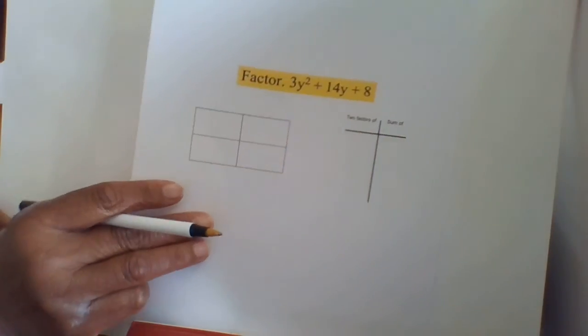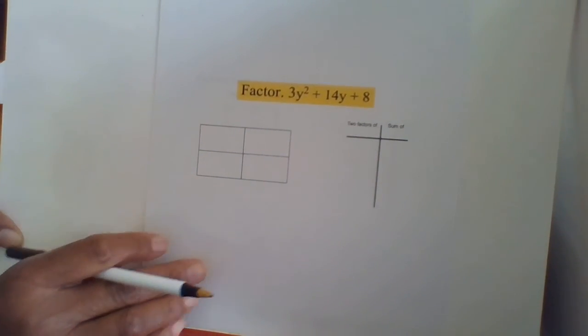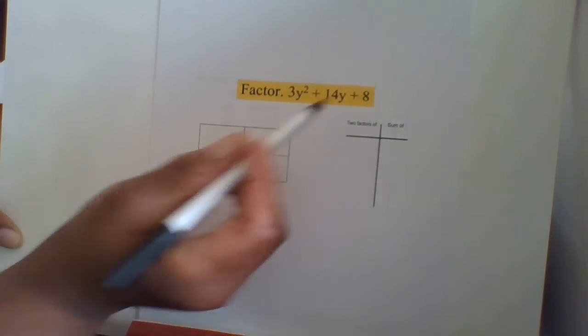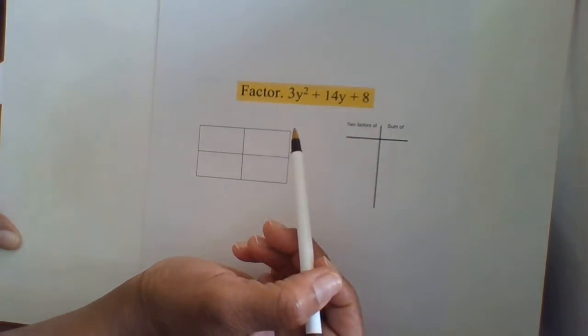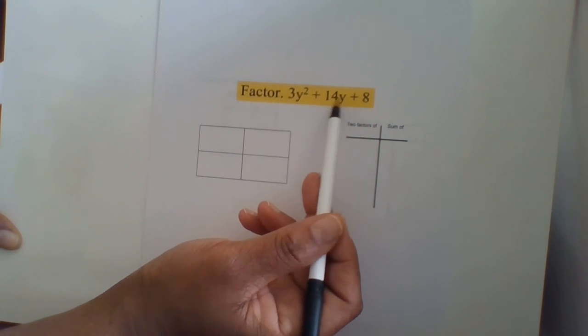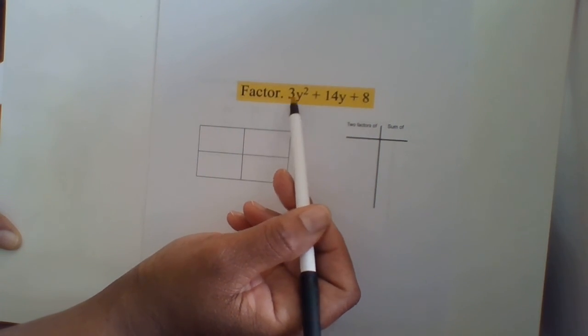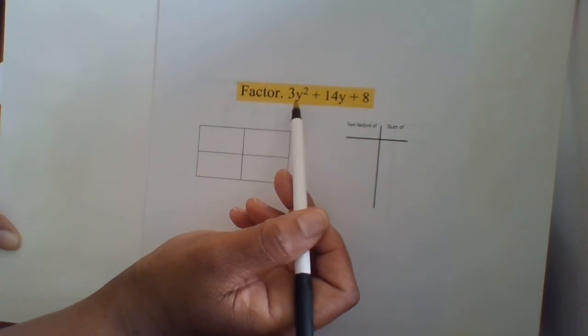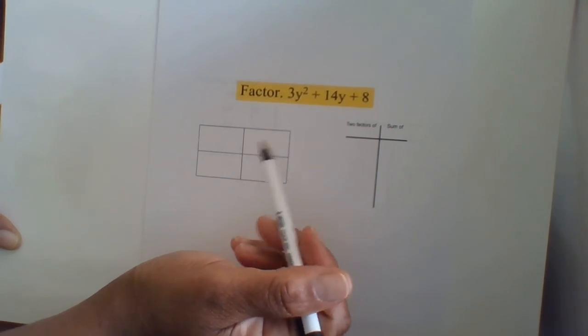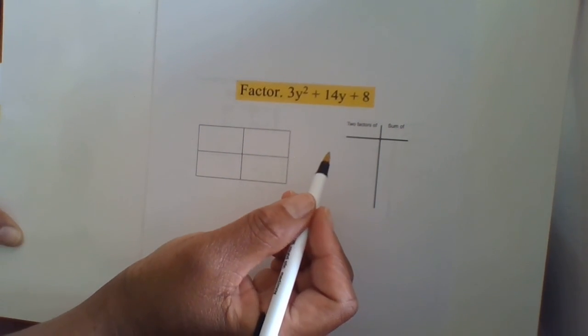Now let's look at another one just like that. But this time we want to factor 3y squared plus 14y plus 8. It does not matter what these variables are. They can be x squared and a x. They could be an m squared and an m, as long as those two variables are the same. So I want to ask myself,